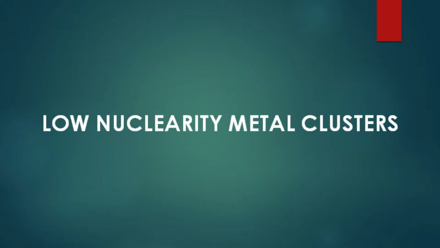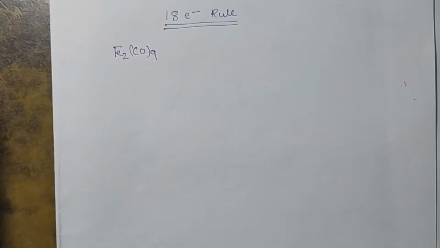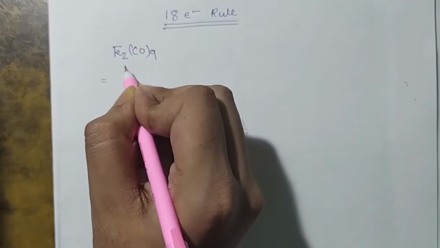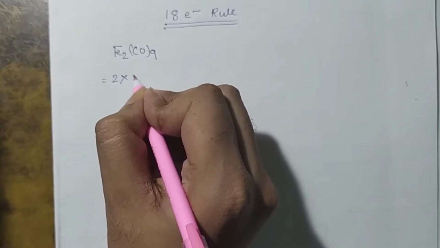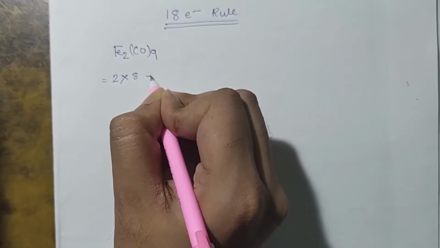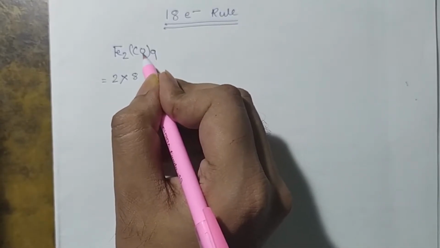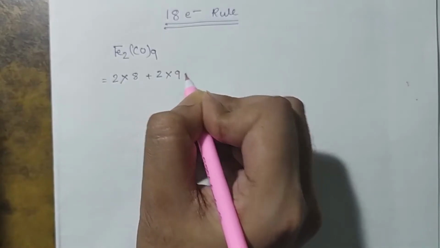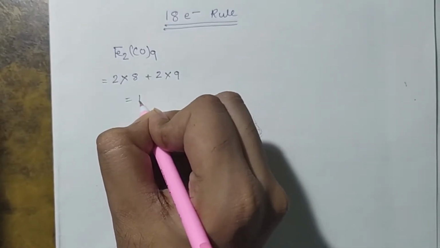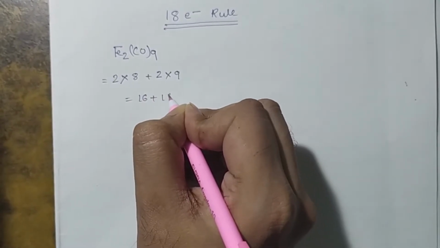Now we take an example of a low nuclearity metal cluster. The first example is Fe2(CO)9. According to the rule we will first count the total electron count. From the metal there are 2 irons, and in the valence shell of iron there are 8 electrons each, and each carbon monoxide ligand donates 2 electrons, that will be into 9. So we get 16 and 18 we get